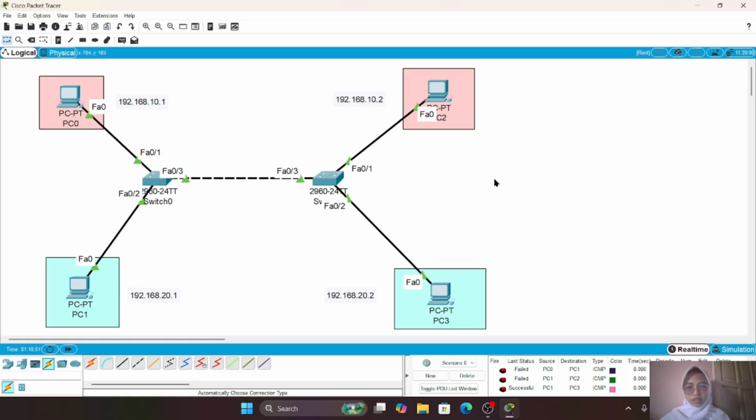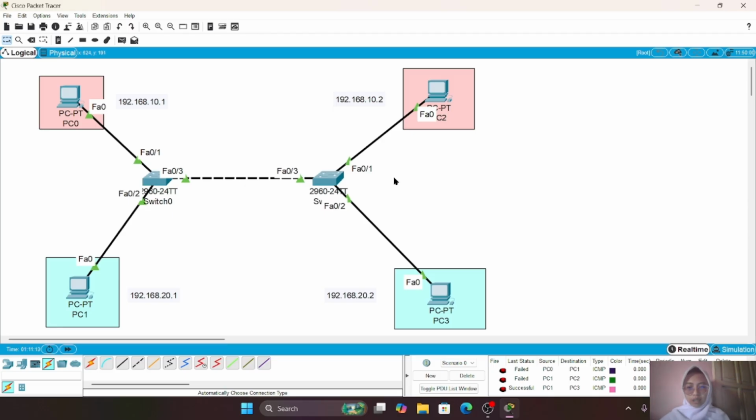Based on the results of this implementation, VLAN trunking has been configured successfully. Devices within the same VLAN are able to communicate across different switches through the trunk link.